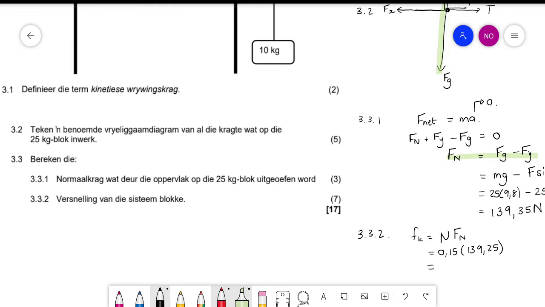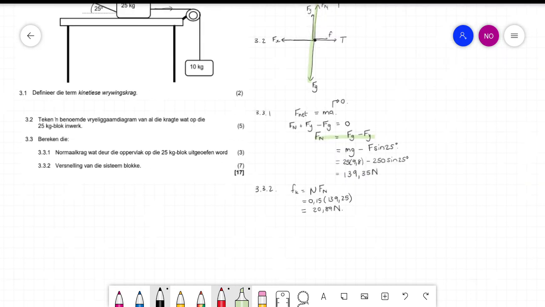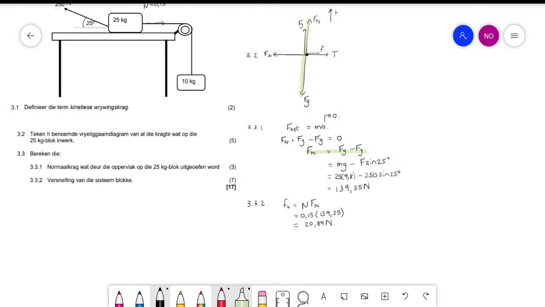You just calculated the normal force. I'm just going to do this so that you guys can see the whole diagram. So for the 25 kilogram block,